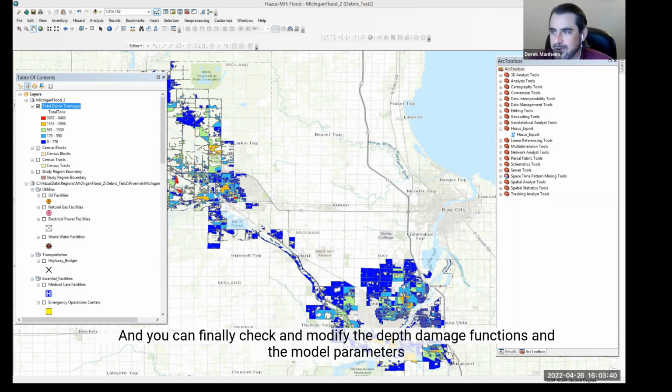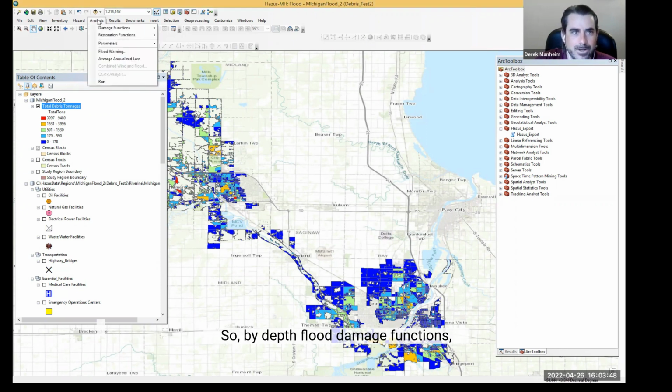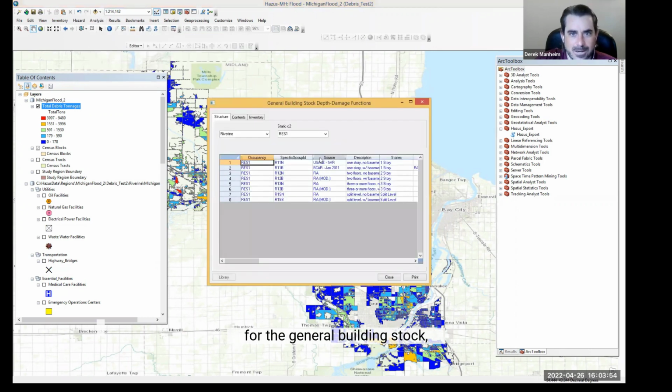And you can finally check or modify the depth damage functions and the model parameters used in the debris estimation process under the analysis tab here. So by flood depth damage functions, you can look at, say, the general building stock. This is looking at residential type infrastructure.